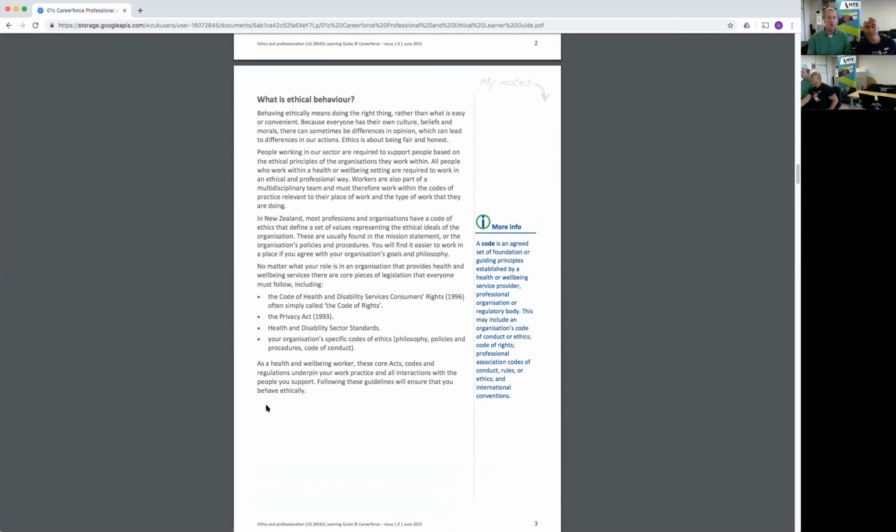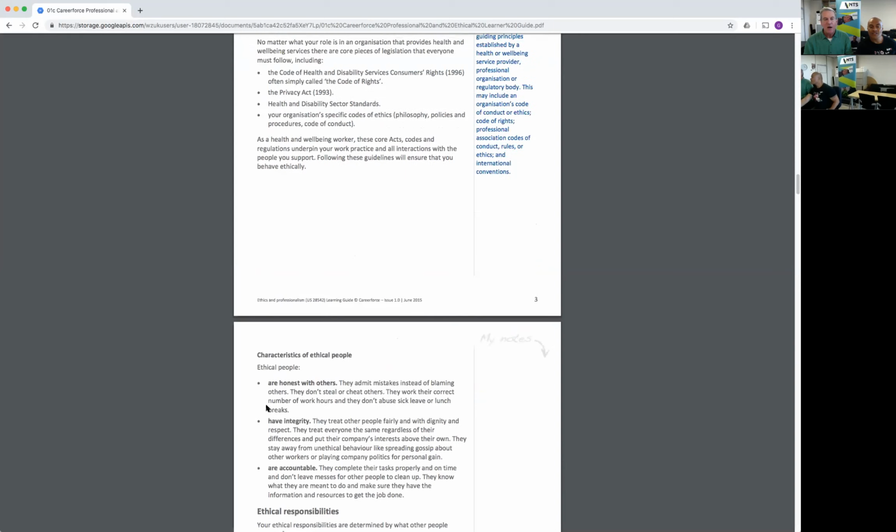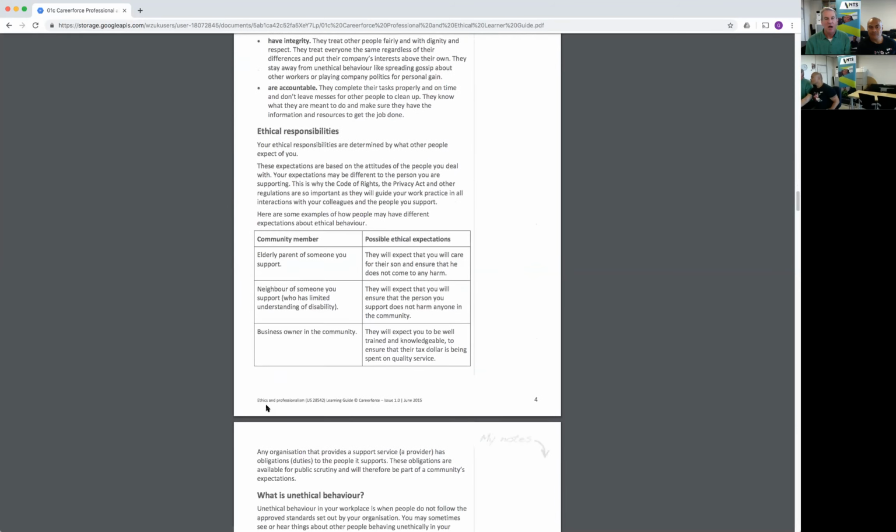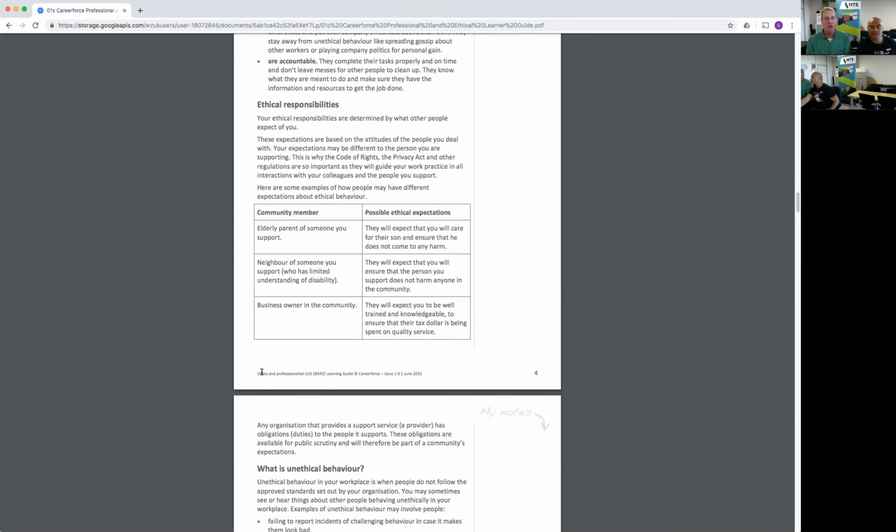And there's also your organisational codes as well, which fit into that. So Kaupapa Māori Stop Smoking Services have their own codes that they require people to work under in an Ao Māori perspective. So these are all codes that will keep you ethical and accountable and honest in your work. Of course, we have different ethical responsibilities to different sorts of people.